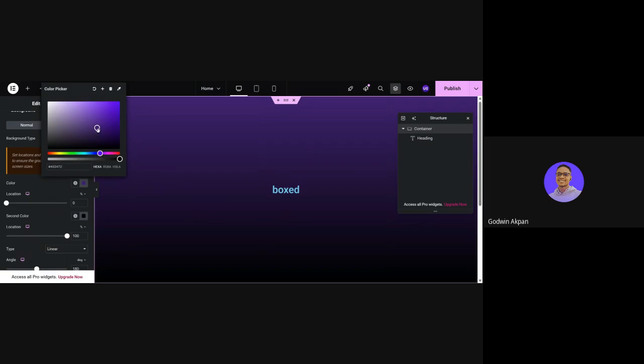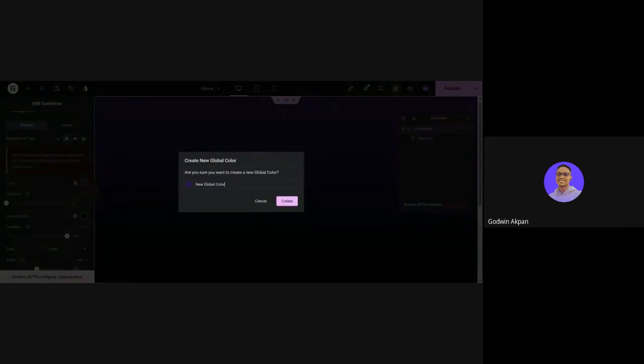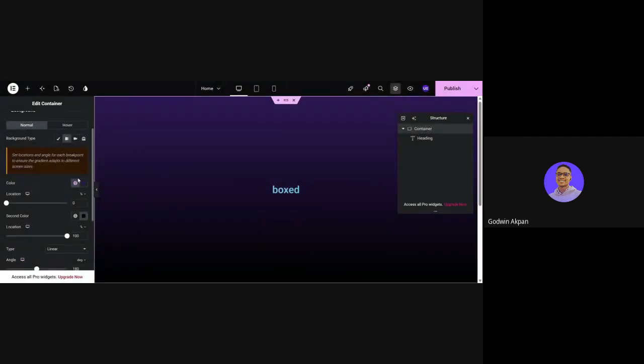Okay. So for me to reuse this color, I will just click on this plus icon and then I can give it a name. I can call it primary or anything you want to call it to remember. Please note that the exact same color exists. Primary one, let me give it a name. So I'll create it and then